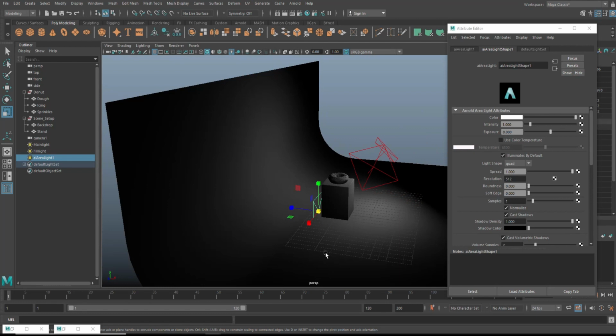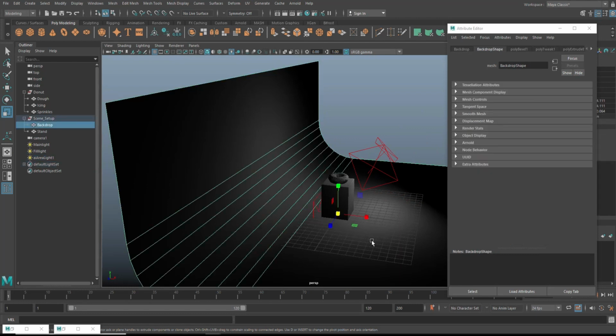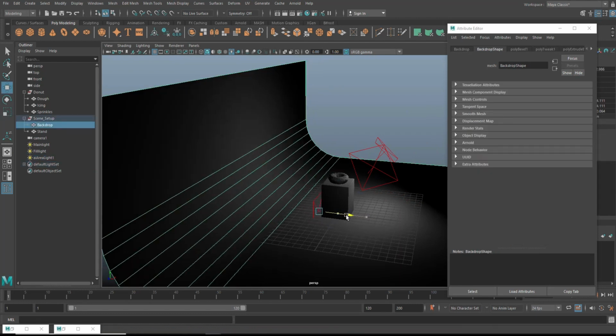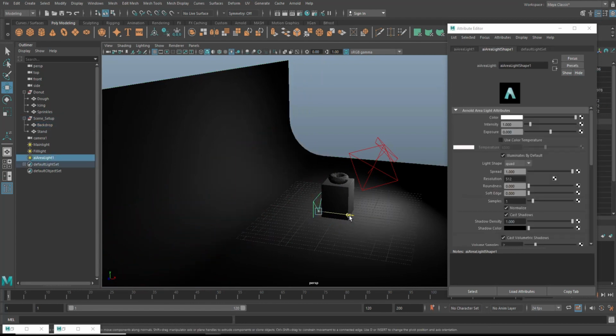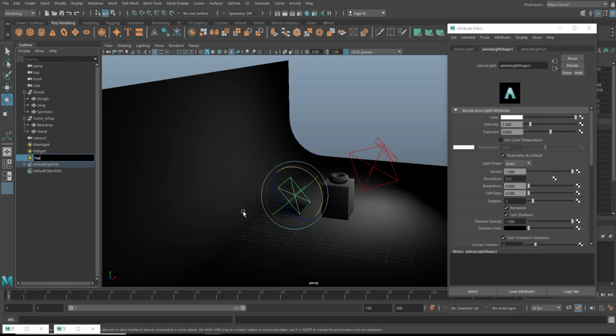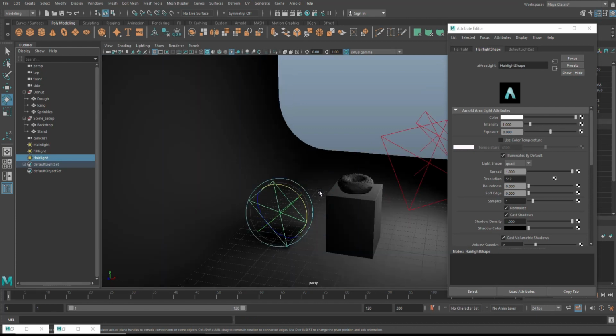All right. Now we're going to take our whole backdrop here and push this a little bit back, for the simple reason that we don't want this light to be visible on that backdrop. So we're going to bring it back a little bit, raise it up, and then hit E to rotate that and kind of move it up like this. And then we're going to rename this guy, and we're going to call it hair light. There you go. Now let's check out the intensity here.